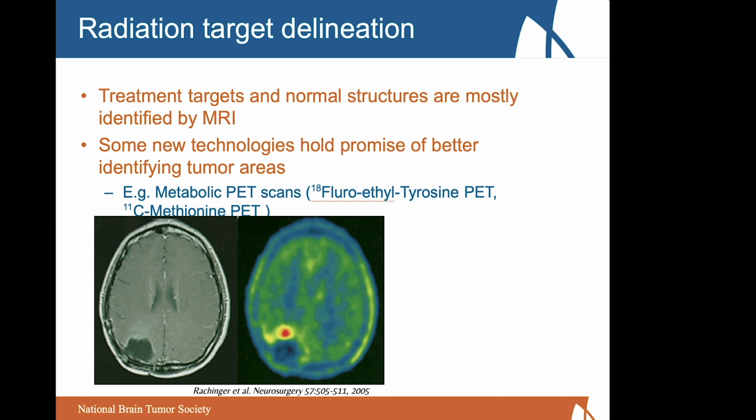So here are some of the advances that are currently being studied in radiation oncology and in brain tumor treatment. Normally, we identify what to treat and what to avoid using magnetic resonance imaging, the so-called MRI, which I suspect most of you are familiar with. But there are new technologies. There are things called metabolic scans. And what metabolic scans means is they use something that identifies which cells are actively using nutrients. So in this particular image, they're looking at something that's actively using tyrosine or methionine. And these are building blocks used by the cells so that they can make the molecules they need to grow